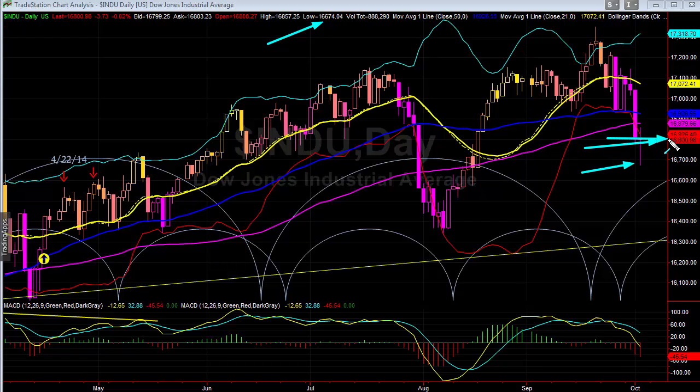This is where it stopped prior to that on the prior day, and we saw it trying to come back into the 100-day moving average right near this 16,900. That is a very important range. I think if we get the break over that range and over 17,000, then we'll see another generating move